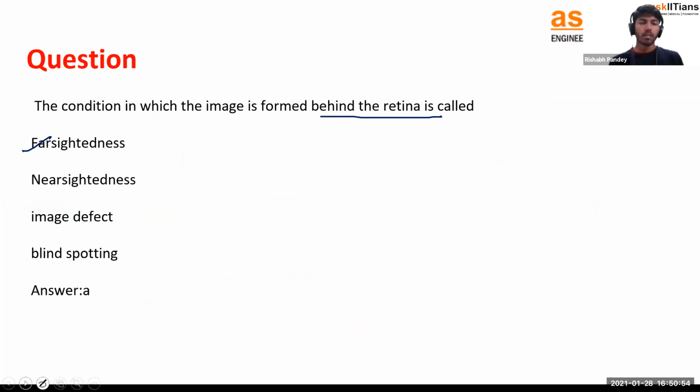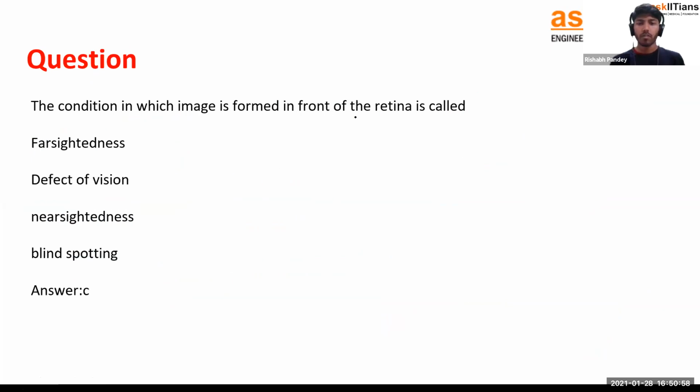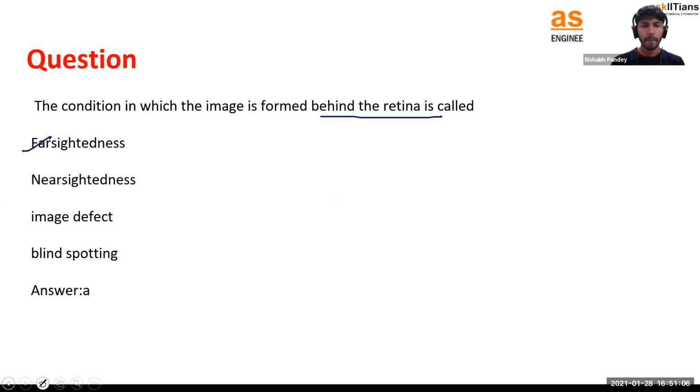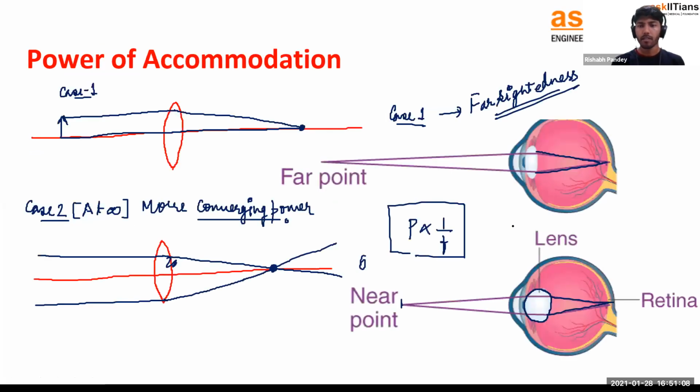Similarly, if the image is formed in front of the retina, then in that case it is called nearsightedness. So as you can see, case one is called farsightedness, and case two is called nearsightedness, depending on the situation. Moving on,